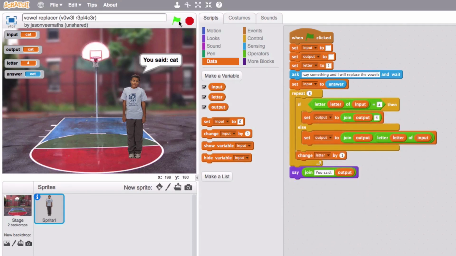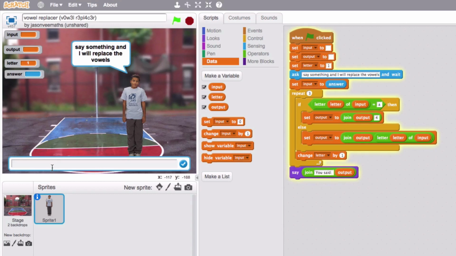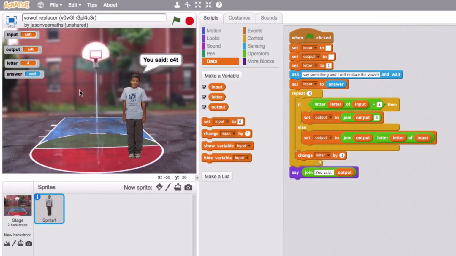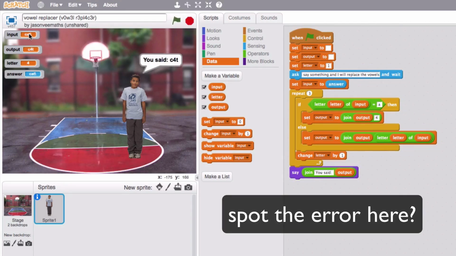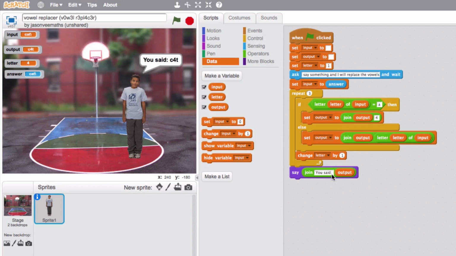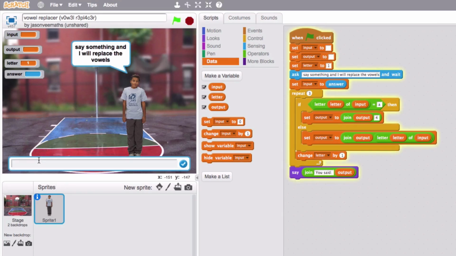So let's see if this works. C8T. So the input is C8T, the output is C4T. If that's hard to see, we can see here that you said output is C4T. So we've got it working. So any A letter, so if we had a